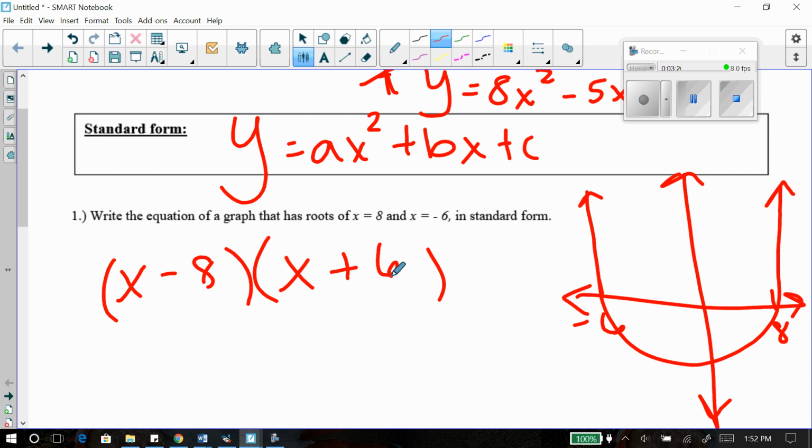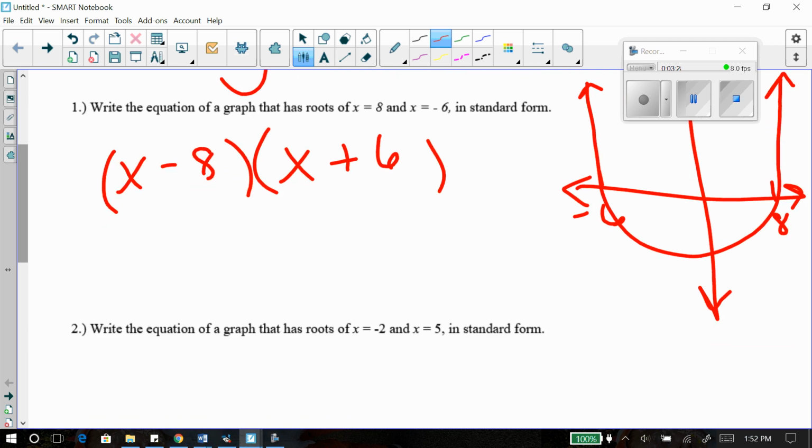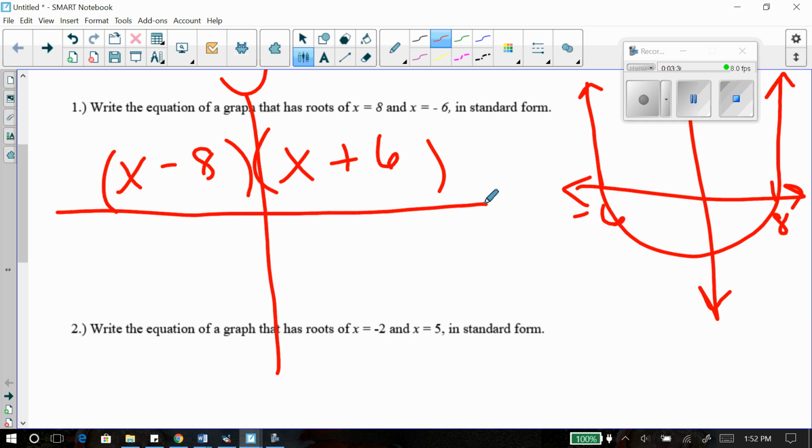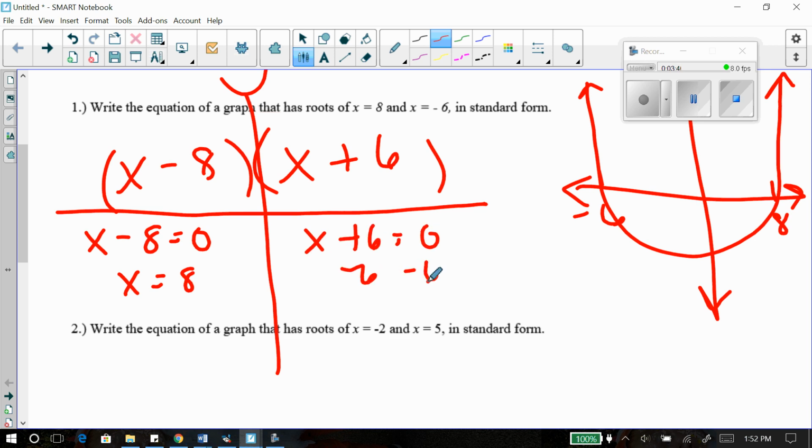Well, how does that make sense? Think about it. If you from here go to do your T-chart, we get x minus 8 equals 0, x equals 8, x plus 6 equals 0, minus 6, x equals negative 6,